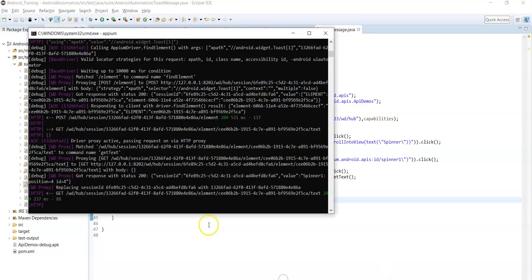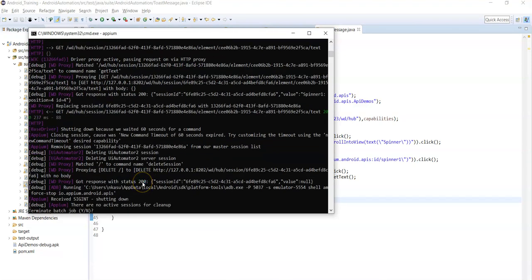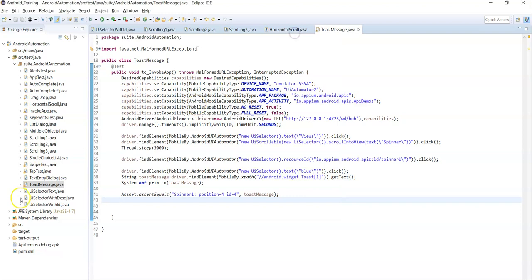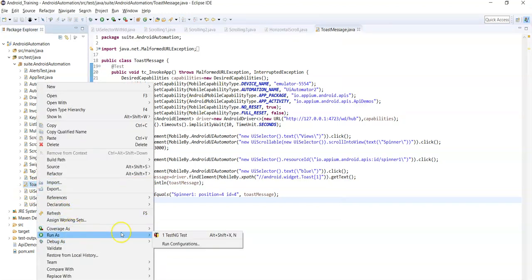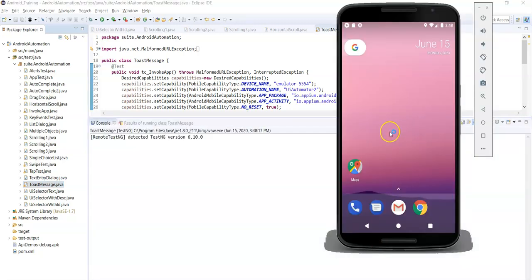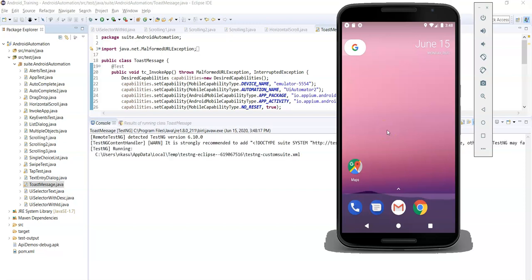Now again run the same script. If the actual and expected toast messages are not equal, it will throw an exception and the test case will fail. If they are equal, the test case should pass.